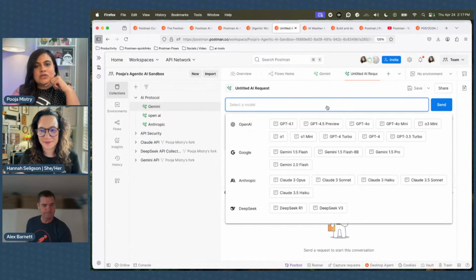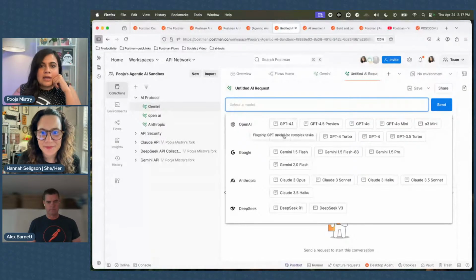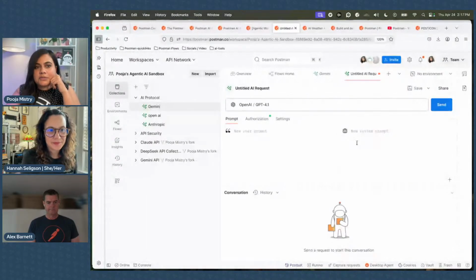Right, exactly. You can see the AI protocol is very similar to any request that you build in Postman. For example, if we're going to work with OpenAI, you can select the OpenAI model. And now you have two different prompts: a user prompt and a system prompt. I think I have a Gemini example here.